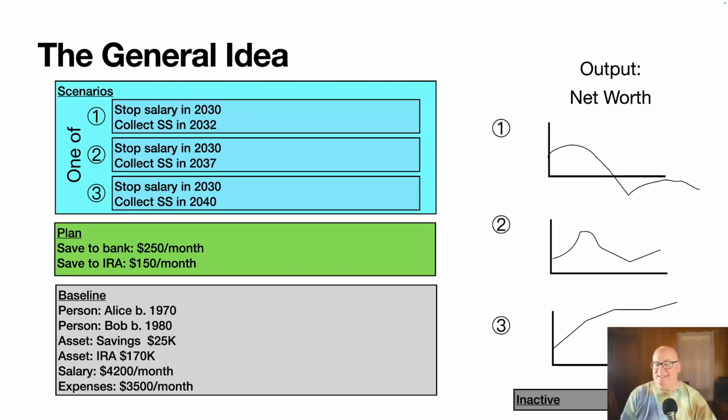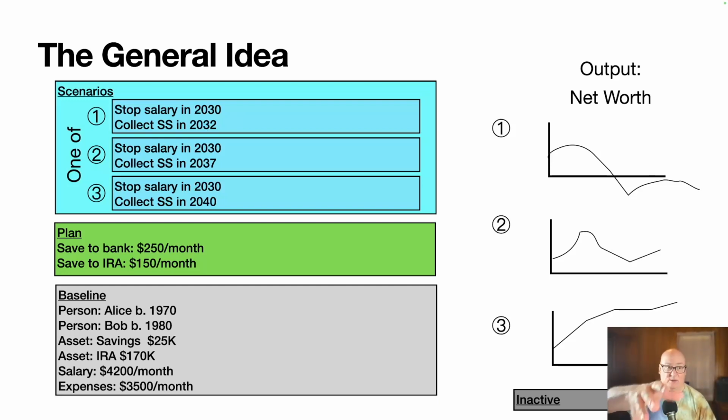I don't know. It's three possibilities, but I'm imagining that I could stack up, what if one spouse retires at these three points, and then stack up another one? What if the other spouse retires in one of these three situations? And that would give me nine possibilities. And then maybe I say, what if the one spouse dies in 2039? What are the consequences? And kind of work through all those kinds of scenarios.